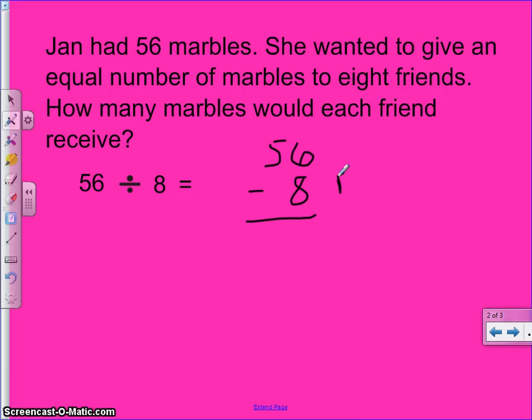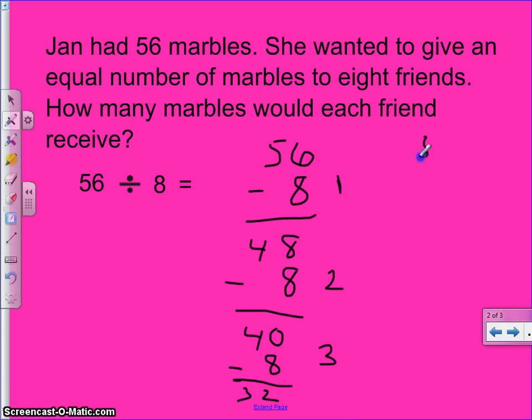So if I take 56 and I subtract 8, it's going to give me 48. Okay? Then I'm going to subtract 8 again a second time, and that's going to give me 40. Then I'm going to subtract 8 again, a third time, and that's going to give me 32. Then I'm going to take 32 and subtract 8 again a fourth time, and that's going to give me